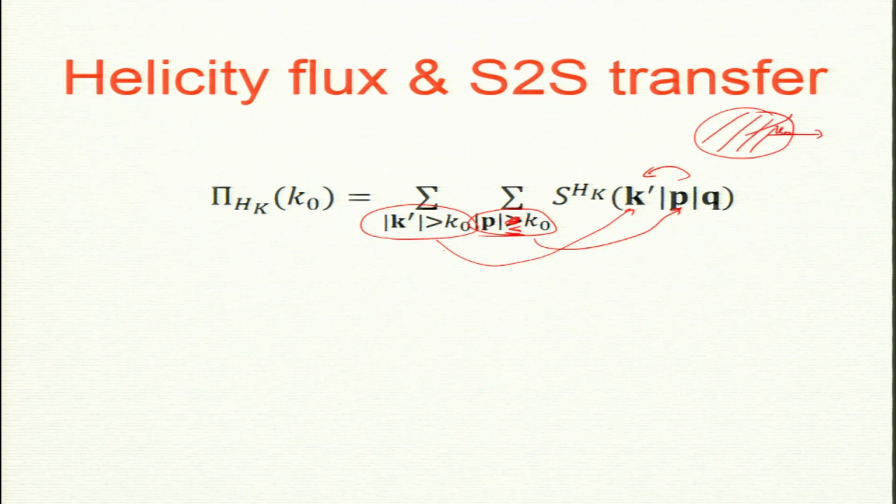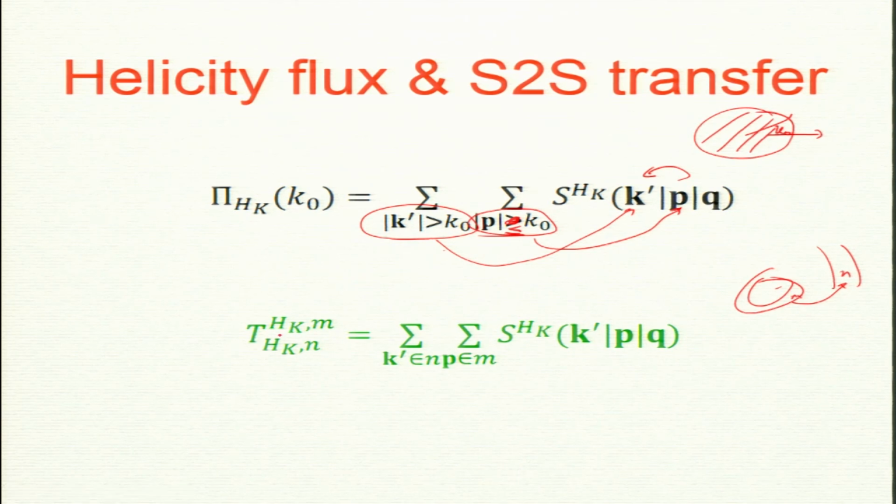Shell to shell. So, the giver must be in the giver shell, and the receiver must be in the receiver shell. So, we have two shells: shell M is the giver and shell N is the receiver. I want to see how much kinetic helicity goes from shell M to shell N, and we can compute that. So, helicity M to N. The giver belongs to shell M and the receiver belongs to shell N, and you can just substitute the mode to mode formula which I showed you in the last slide, okay. So, you can compute all this stuff.